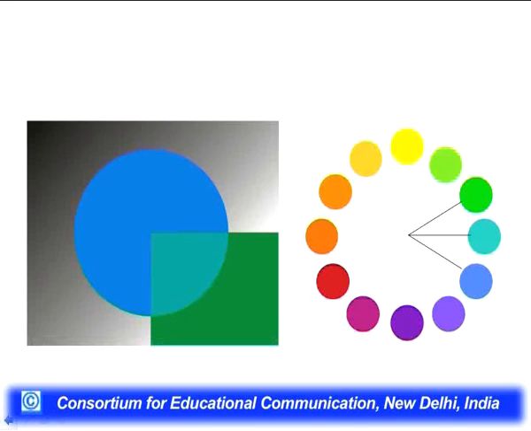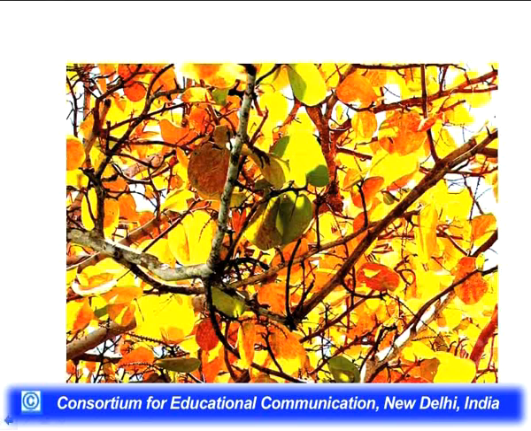Because it is passive, here also proportion plays a big role, which one should be given prominence and which one less prominence. In a design, see this analogous color scheme. It is bright colors but analogous. Why? Because all of this yellow, orange and brown is creating a scheme. That is why it is an analogous scheme.